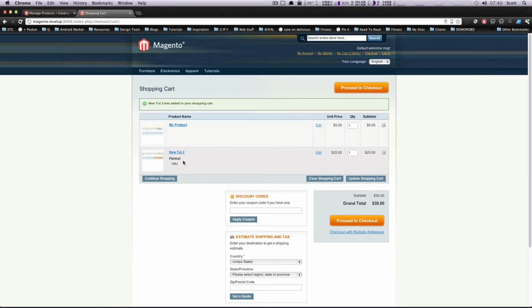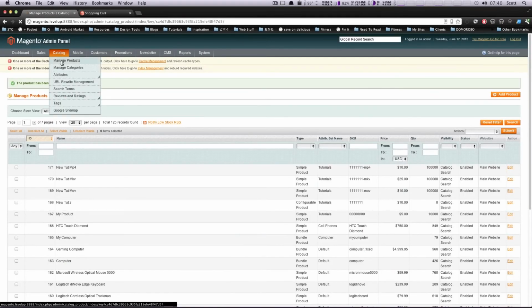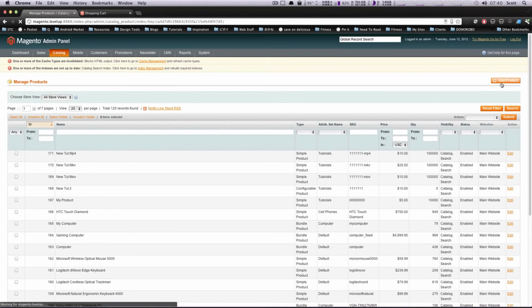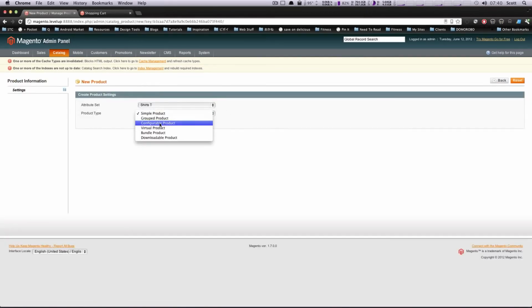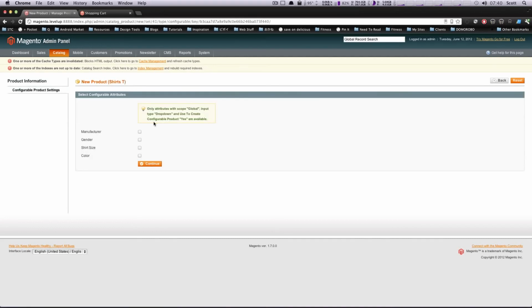And if you've installed the sample data, you can go through their options. They have t-shirts and stuff, so we could go through and add a new t-shirt, and it's going to be the exact same. In fact, if we just click Catalog, Manage Products, Add a Product, and we want to say Shirts, T-shirt, Configurable Product, Continue, it's going to say which one of these do you want to be configurable options: gender, shirt size, color. So this is how you do